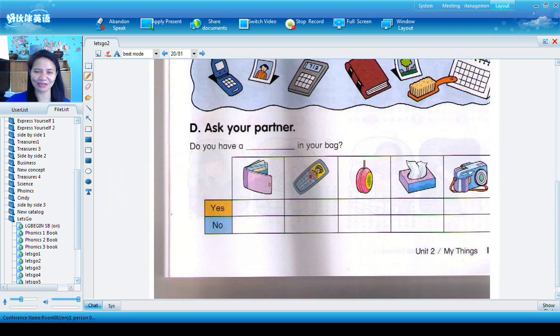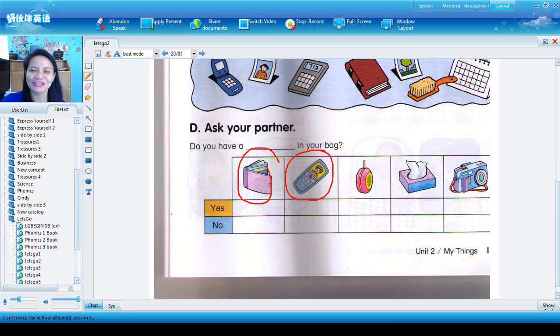Now let's continue here. Let me ask you this time. If you have it, you say yes, I do. If you do not have it, then you say no, I don't. Okay? Now let's try this one. Do you have a wallet? You'll say, all right. Do you have a cell phone? You'll say,